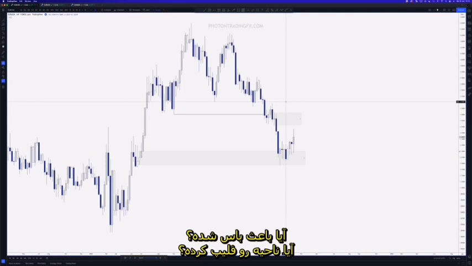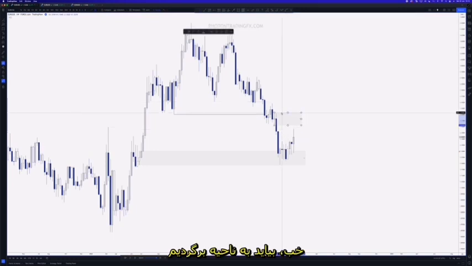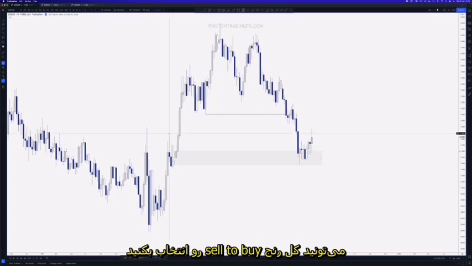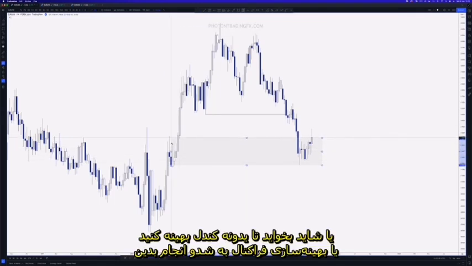But does it break structure? Does it flip another zone? They're the two main things. So I'll come back to this zone in a second. The one I want to concentrate on is this that we're talking about. We know it's definitely a valid demand zone. Whether you take the entire sell to buy range, that would be valid, or if you want to refine it to a single candle, or do the fractal refinement down to the wick,